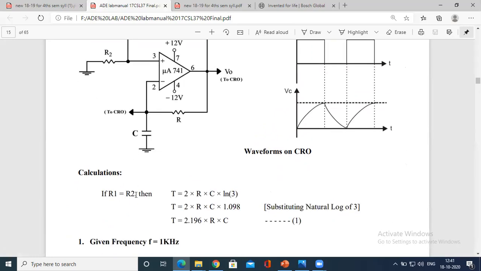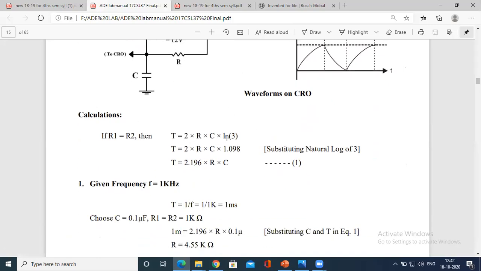If R1 equals R2, then T equals 2RC ln 3. This is a natural log. So we have the formula T equals 2RC ln 3, where ln 3 is 1.098.